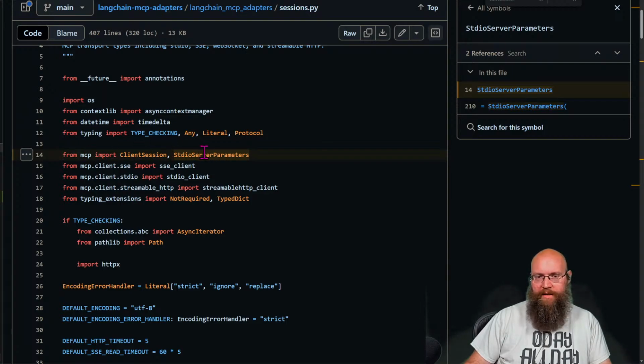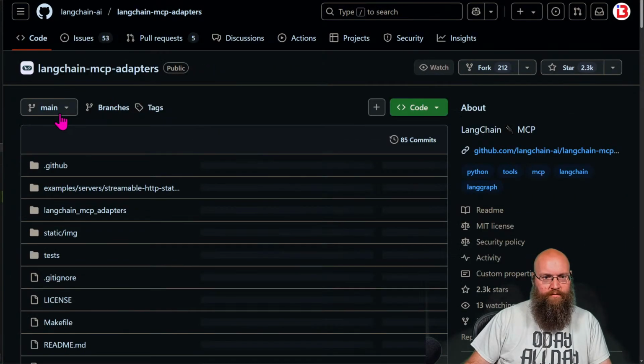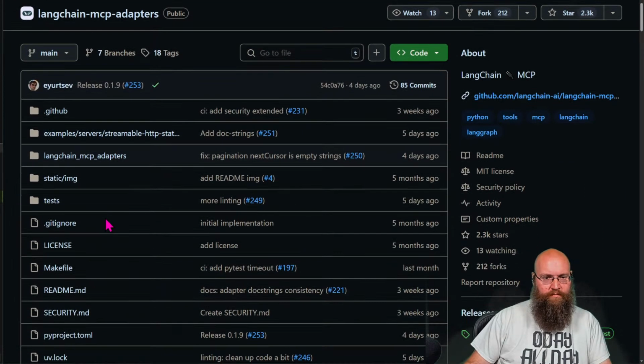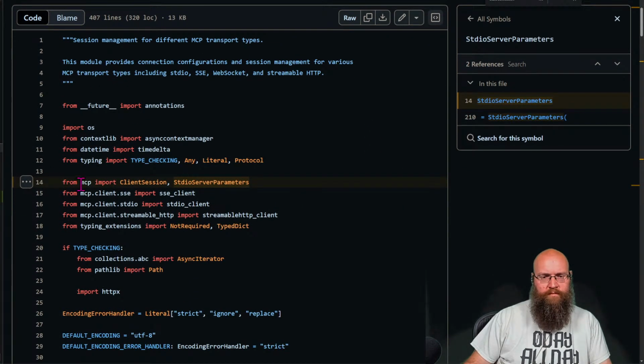So from MCP, they're importing this. So now we've got to go find where in MCP this is. Where's this defined?